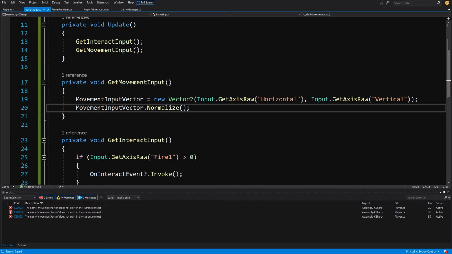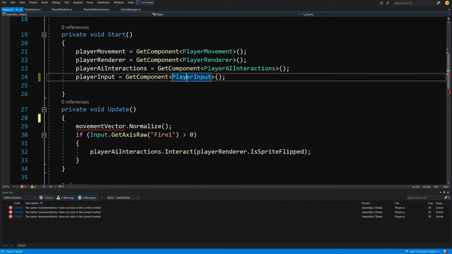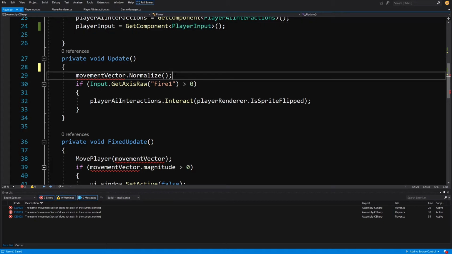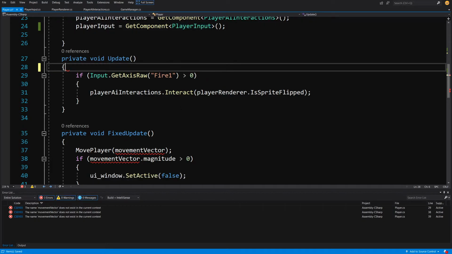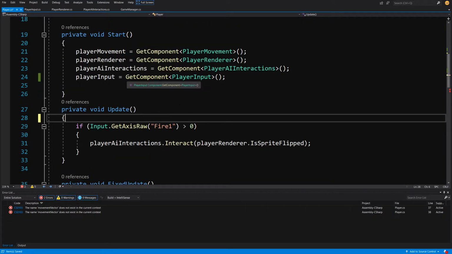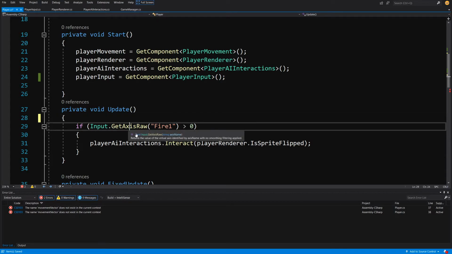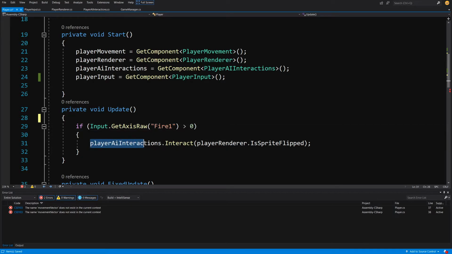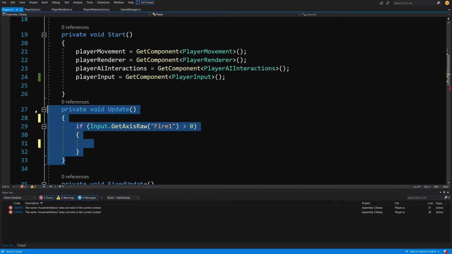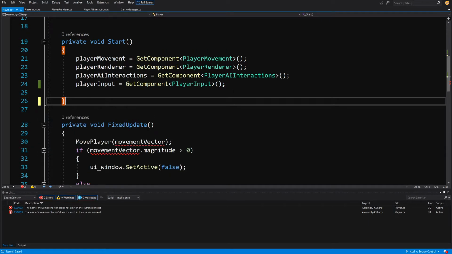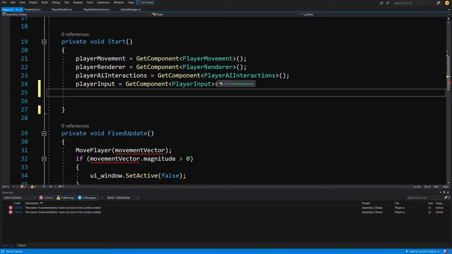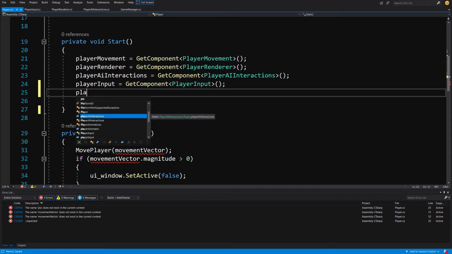Okay, let's go back to our player. And now we do not need to call it inside this Update, we are calling it inside our player input. Great. Again, we are calling this GetAxisRaw Fire1, and we are calling on it PlayerAIInteractions Interact. So what we are going to do is cut out this line, delete the Update altogether, and inside our Start, when we get the player input, we are going to call playerInput